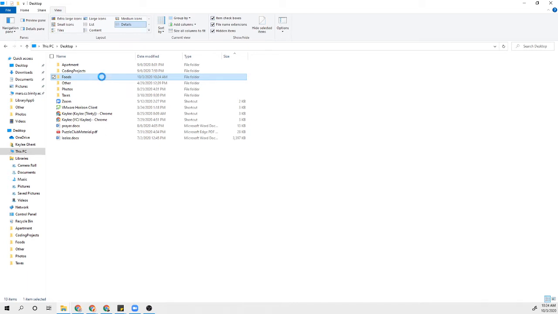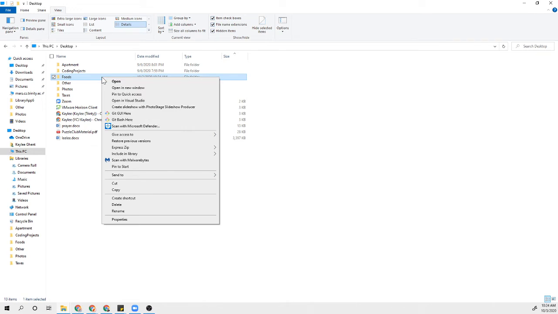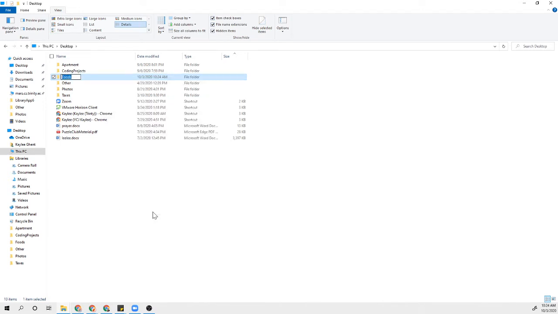But I'm going to right click again, and it gives me a lot of options. The ones that you'll probably use the most are down here: Cut, Copy. I have the option to delete it from here, but what I'm going to do is rename it instead, and I'm going to call it Best Foods, because that's what we will be putting in our folder today. And if I want to open my folder, then I can double click it,